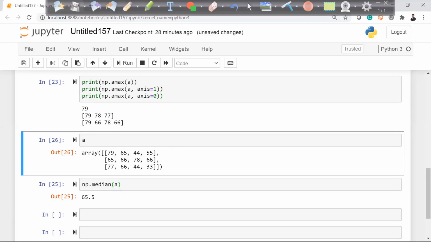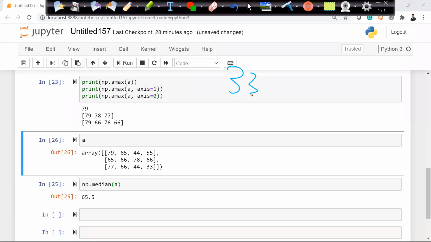Right, so median is like the middle value, and the value which we are getting is 65.5. We can calculate that 65.5 should be the middle value. If you want, we can check that.